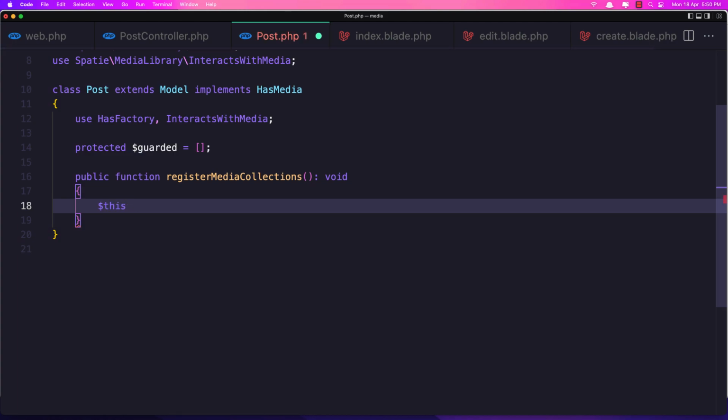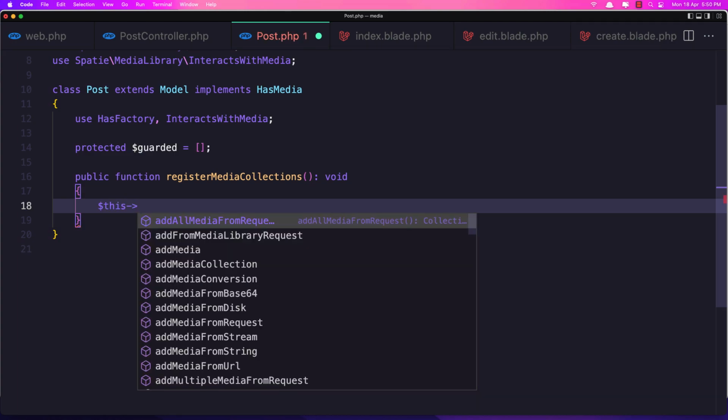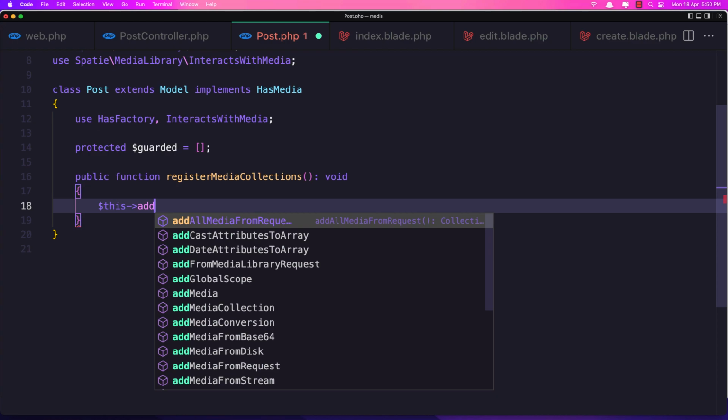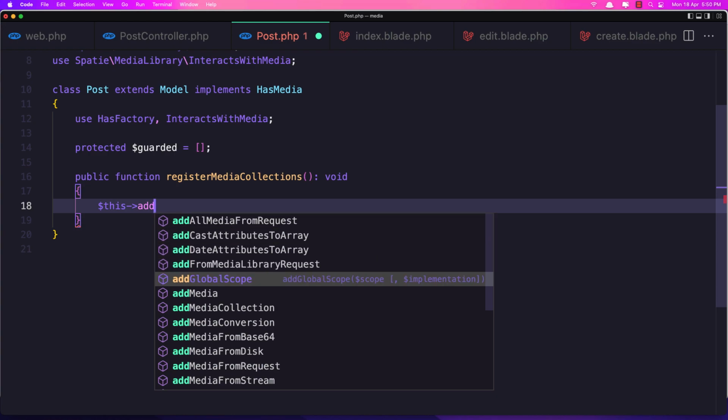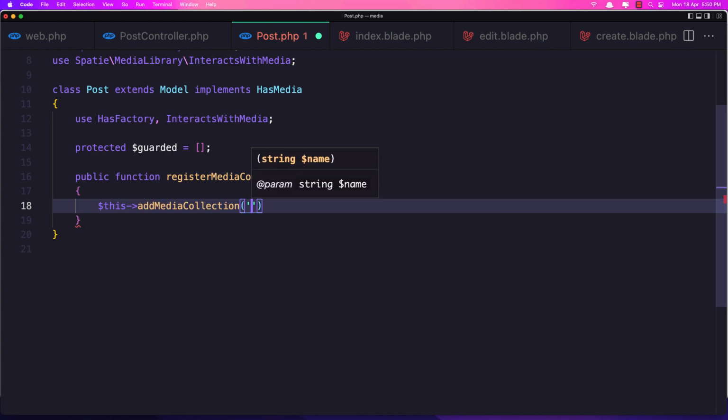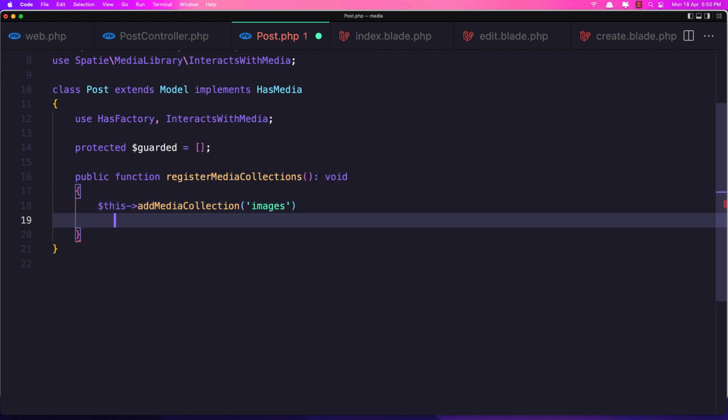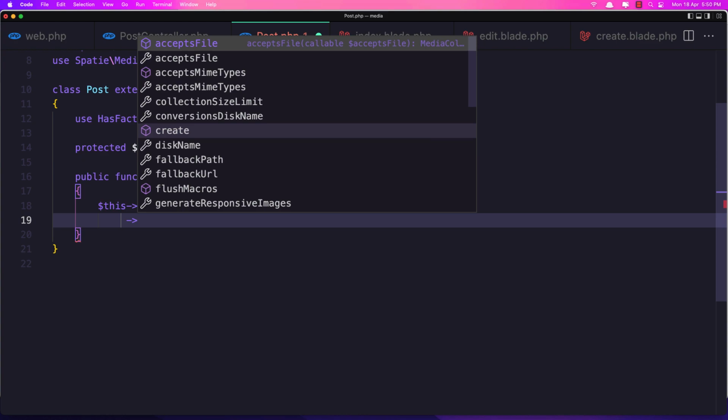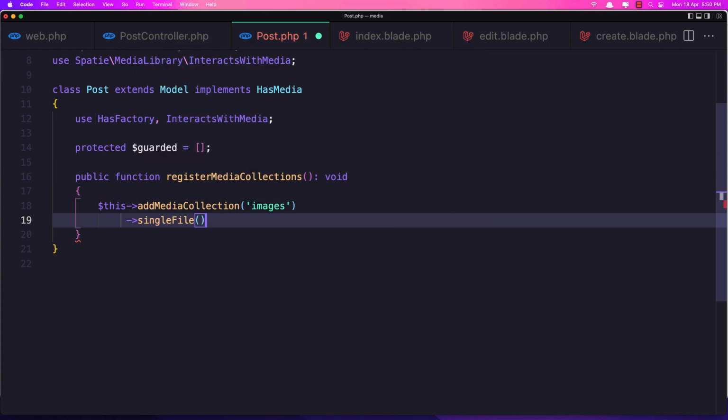In this case, add media collection, and the collection name is images, and for this collection I want single file, so single file like this. Let's save it.